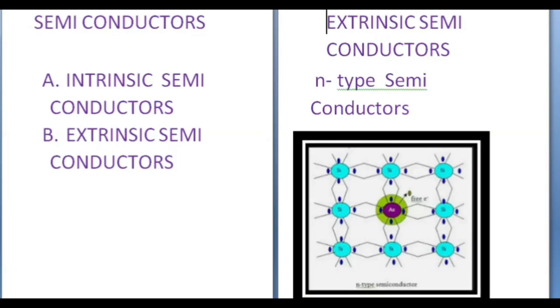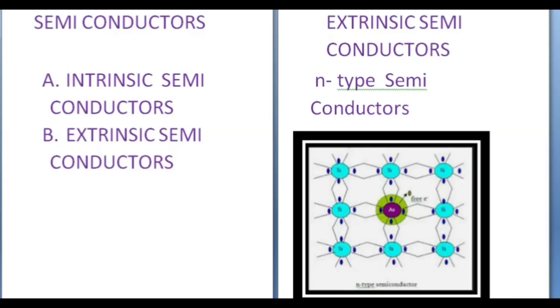Extrinsic semiconductor: when an impurity is added to an insulator, it makes available either electrons or holes for electric conduction. Such an insulator is called an extrinsic semiconductor. Okay, so extrinsic semiconductor means you have to add impurity, something extra is being added. So that is why extrinsic semiconductor.